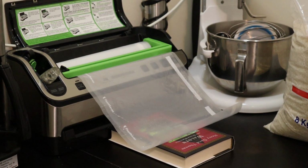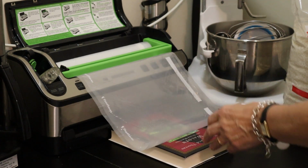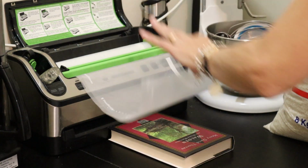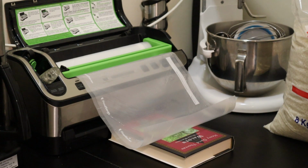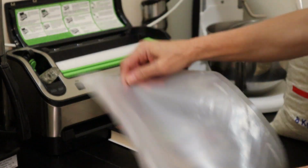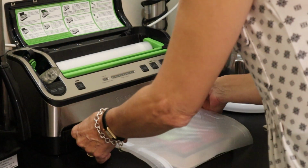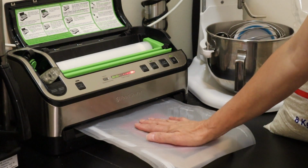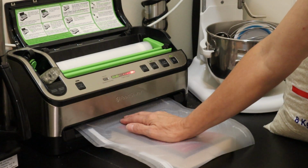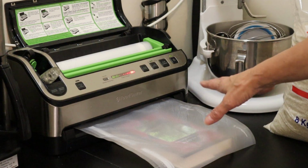Okay, so I have removed all those bags, and I'm going to start off with 1 bag of rice. And I guess my question here would be just how large a bag do I want to do for each, because you do cut your vacuum seal bags to the size you want, and I think I'm going to go with a 12-inch cut, somewhere close to that range. And I have, as somebody suggested as well, a book that you just place there so that everything will vacuum seal flat. I may or may not remove that, we'll see what happens. Anyway, I've sealed the bottom of that bag,